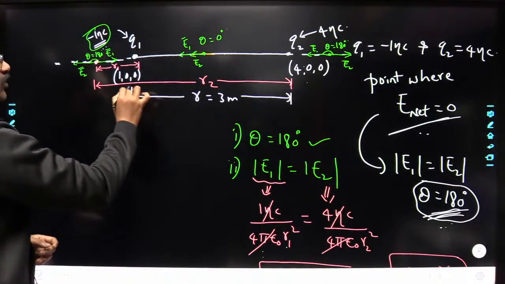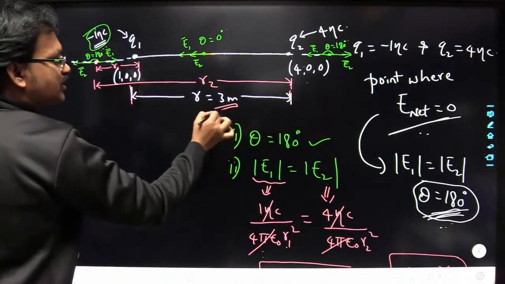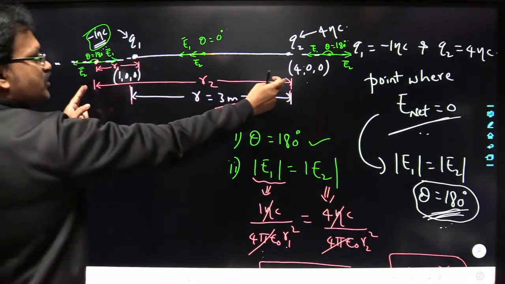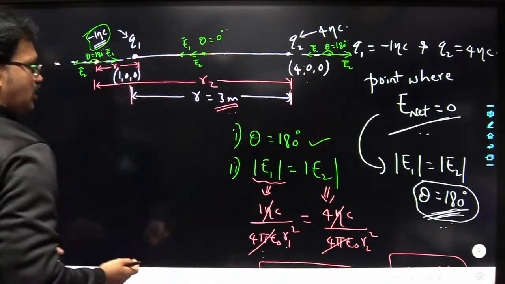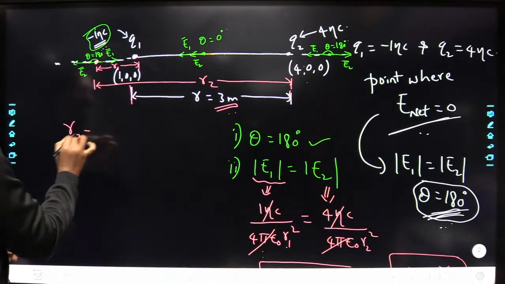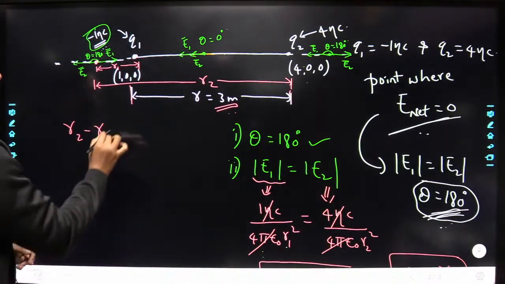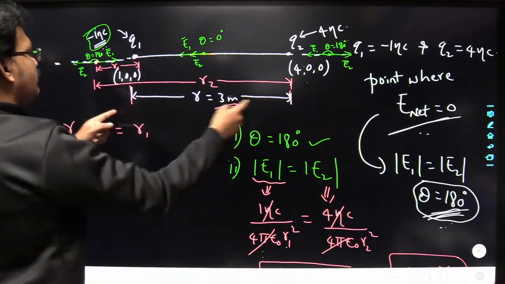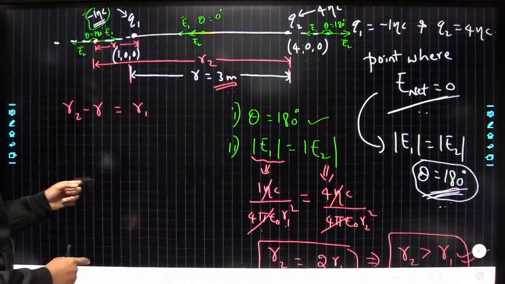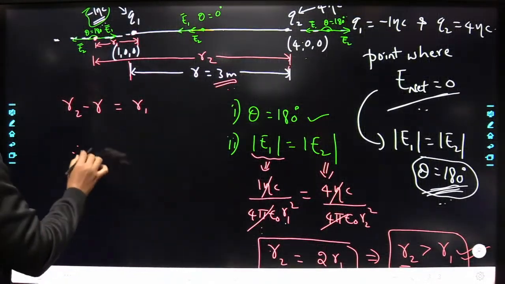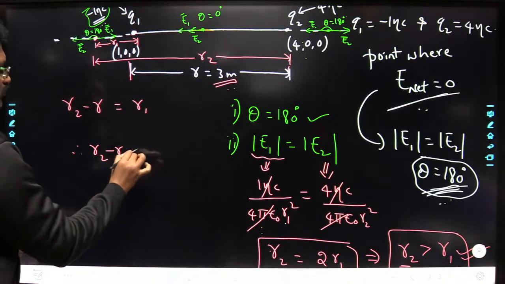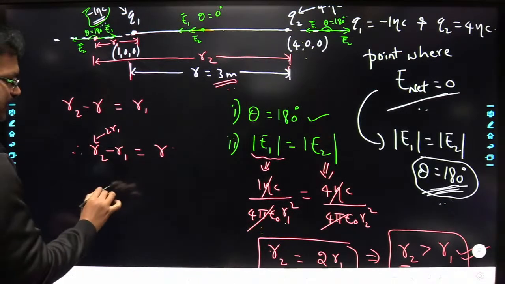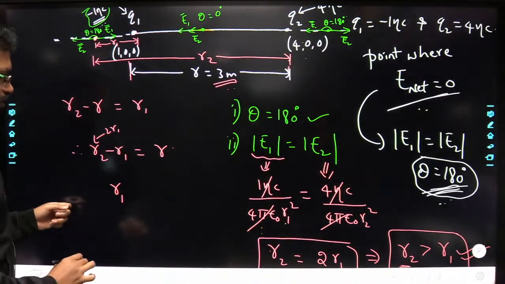Now the distance from Q1 to Q2 is 3 meters. So the distance from here to here is R2, and the distance from here to here is R. I can write R2 minus R1 is equal to R, and R2 is equal to 2R1. So 2R1 minus R1 is equal to R1. So R1 is equal to,